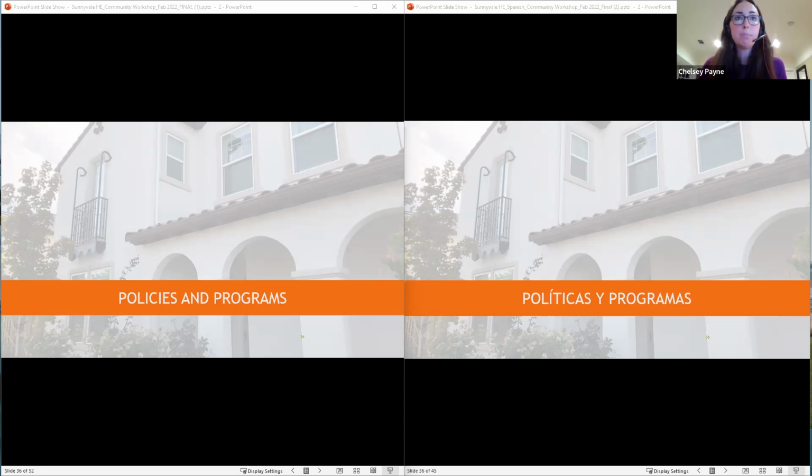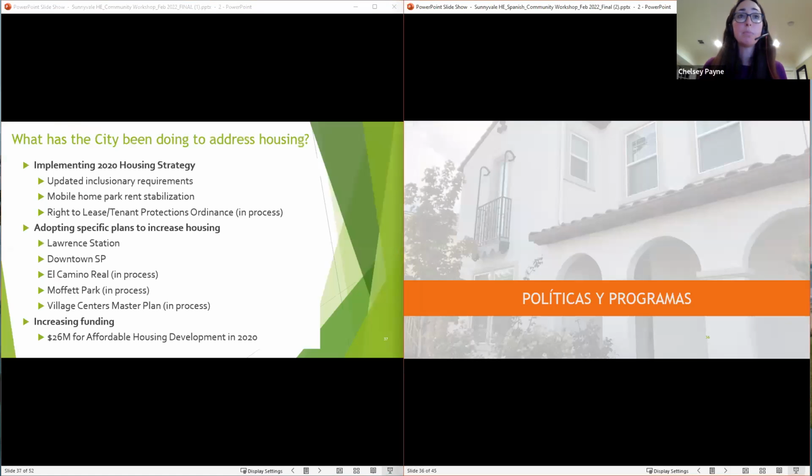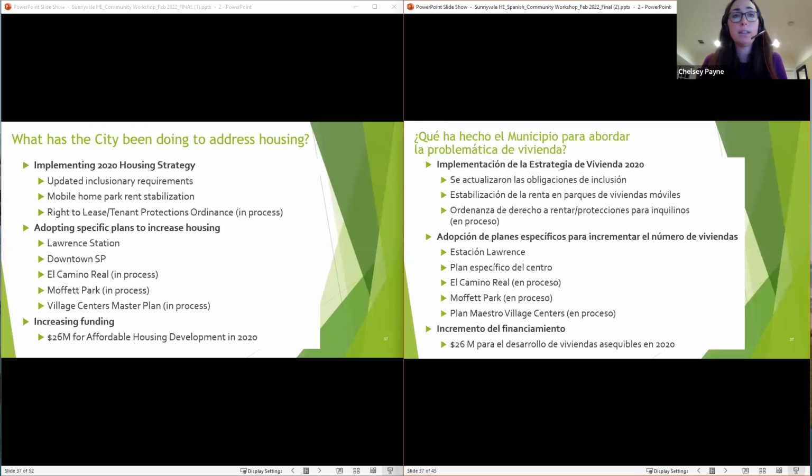So what has the city been doing to address housing? The city has already done a lot of work toward addressing its housing needs. Next slide, Jamie. The city adopted a housing strategy in 2020 and has started on the implementation. And this has included recent updates to the below market rate housing programs or the city's inclusionary requirements, a mobile home park rent stabilization memorandum of understanding or MOU, and increased tenant protections that are currently in process of being